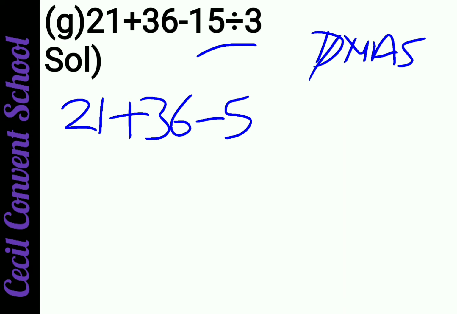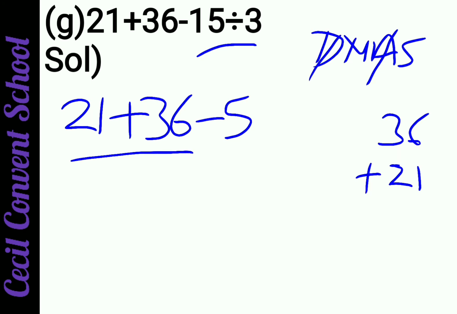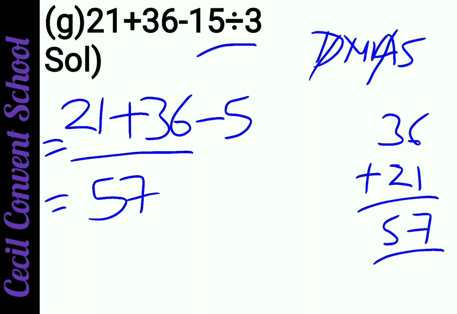Now second is multiplication. Multiplication is not present, so what do you do? You go to the next operation. The next operation is A. A means addition, so you add them. 21 and 36 you add in the side, you can do it. 6 plus 1 is 7, it is 57. Clear? So here after this you write 57. Put it in a rough column. This thing should come in the rough column.